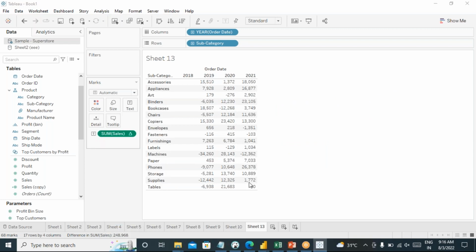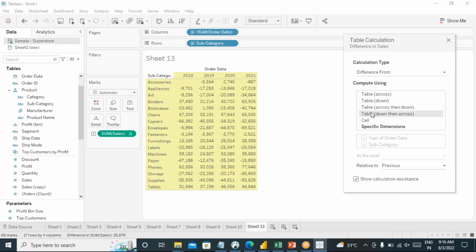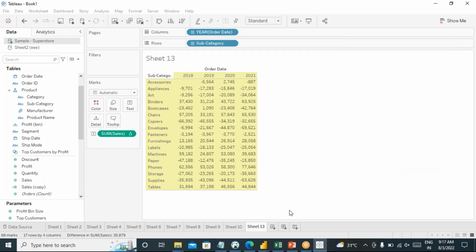Go to edit table calculations, and you can specify that you want to go for table down. Either you want table down or table across, or table across then down, or table down then across. Whichever one you want, just choose that option. We can calculate the differences based on the table computing options. We have four options mainly here: table across, table down, table across then down, and table down then across. Okay. So next,